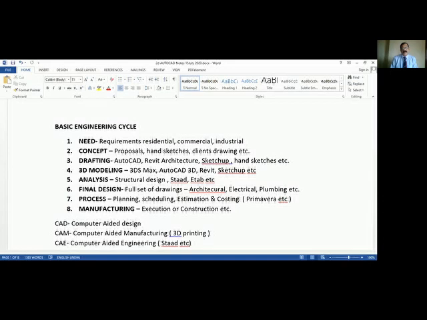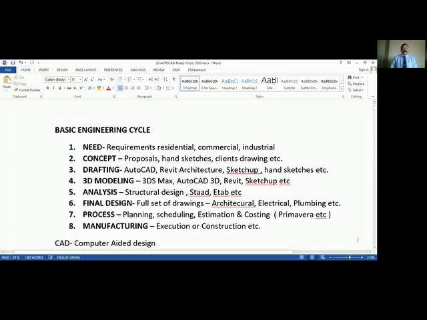That means you will do the construction or execution. So these are the steps involved in a basic engineering cycle: need, concept, drafting, 3D modeling, analysis, final design, process, manufacturing. These are the 8 steps involved in the basic engineering cycle.